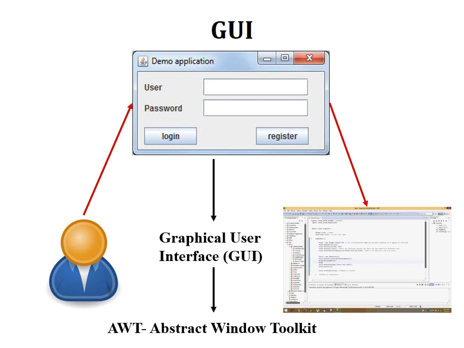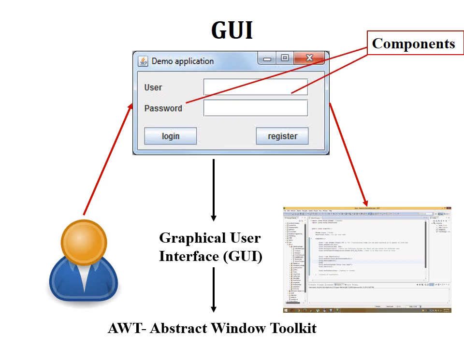If you look into this GUI, we can observe a simple concept called components. Text boxes, labels and buttons are known as components. To hold these components, there is a requirement of a container.